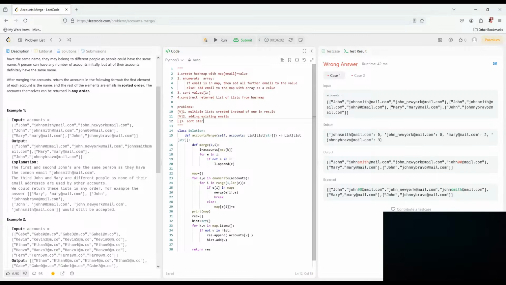Sort started from the second element. What we can do, we can create a new list, and we can append first account link. So we call it source. So we append source first element, which is name,